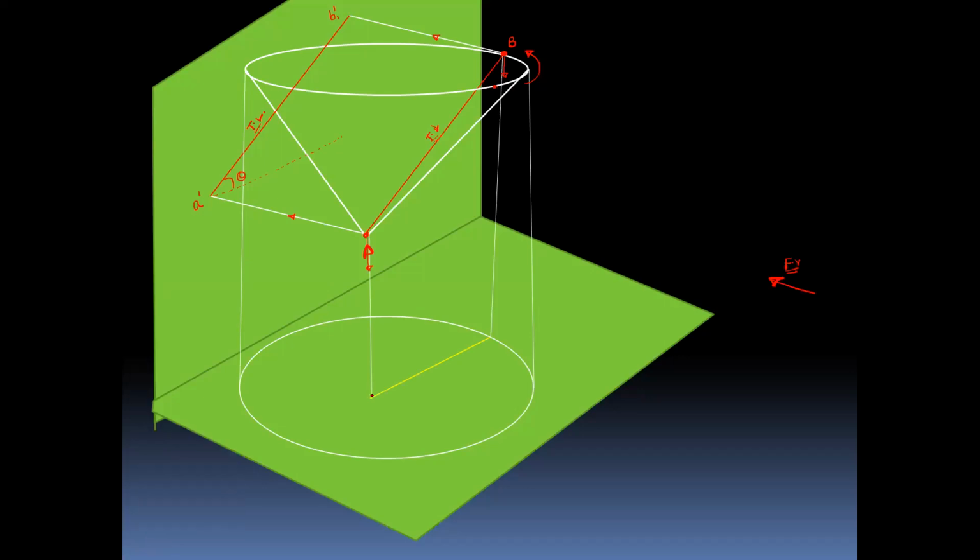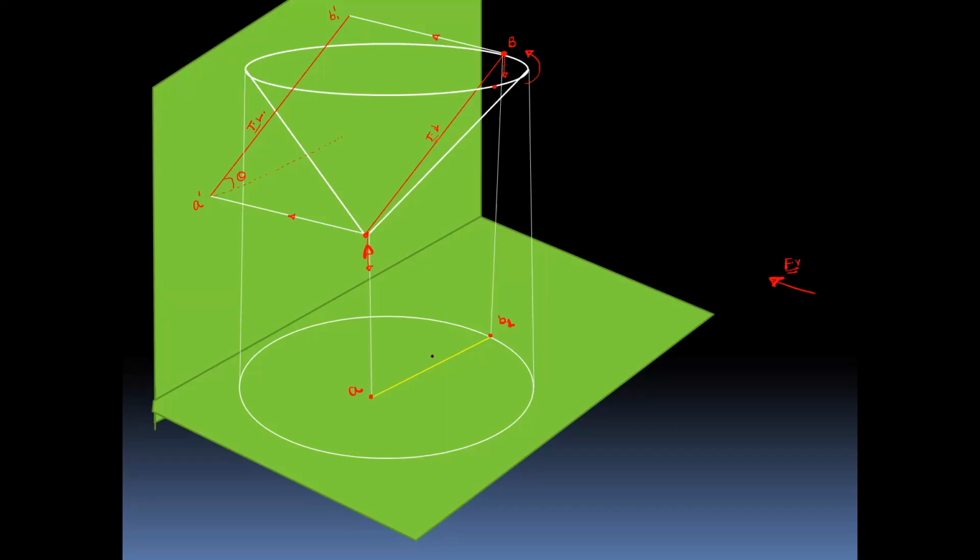Okay, so this point is the actual top view of the point A, because we are not changing the position of point A. And this point, which corresponds to the top view of the point B when the line is parallel to VP, is called point B1. So point B1 is not the actual top view. We have just considered the line parallel to the vertical plane and inclined to HP. So in that case we get this AB1 as a top view. The actual top view and AB1 will have the same length.